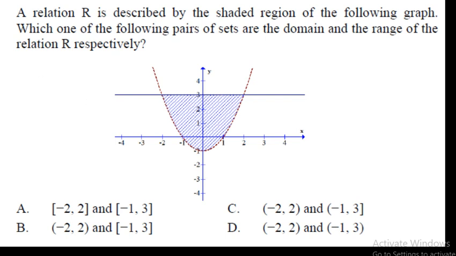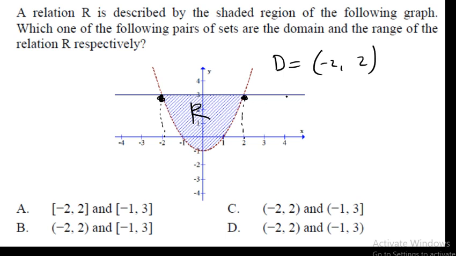The next question says a relation R is described by the shaded region. What you see here, the shaded region, is the relation. Which one of the following pairs of sets are the domain and the range? The domain means we have to observe the shaded region horizontally, from what to what. The domain will be the shaded region starting from the left here and ending at the right here, so between -2 and 2, but it must be an open interval because the parabola is a broken line, so it's not